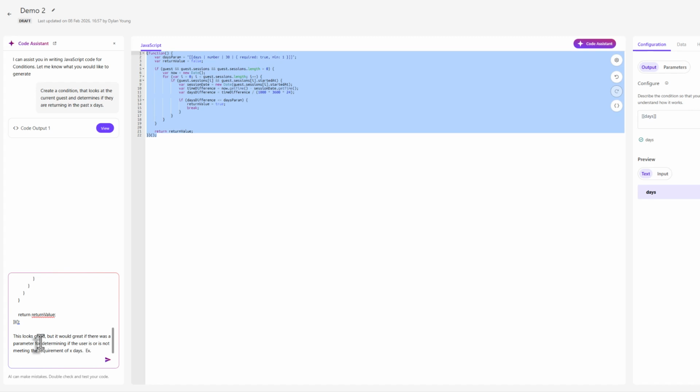Example. It's always good to give examples. This helps improve the model's ability to do what you're asking it to do. So an example, I want to see if the current guest has visited in the last 10 days. Another example would be